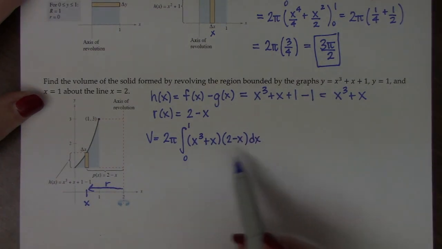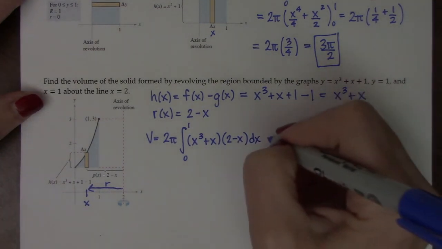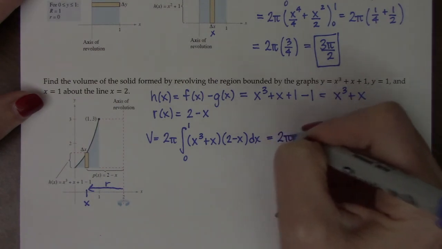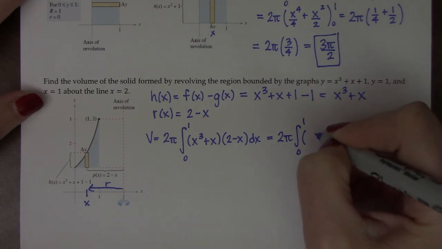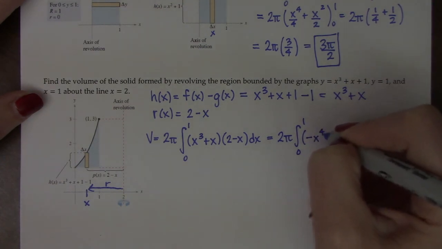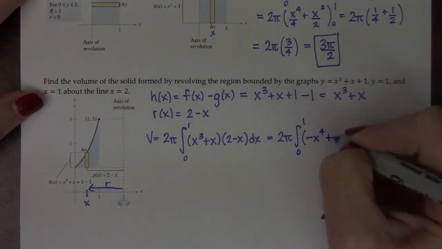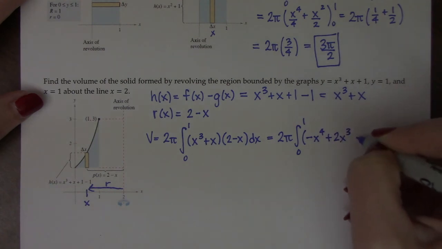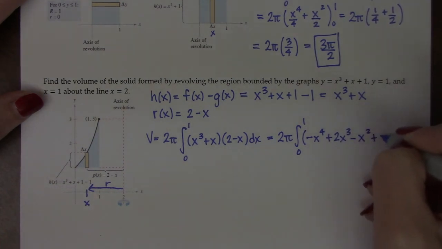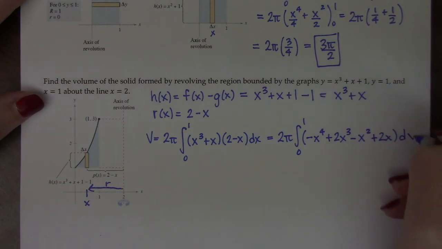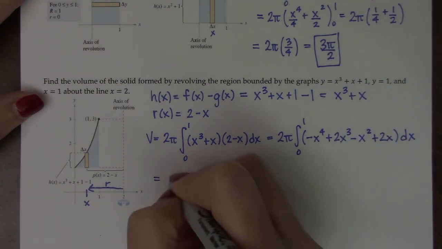So I really need to FOIL this out to make it easier for me to integrate. And when we expand this, we get negative x to the 4th plus 2x cubed minus x squared plus 2x dx. So now I can integrate this,